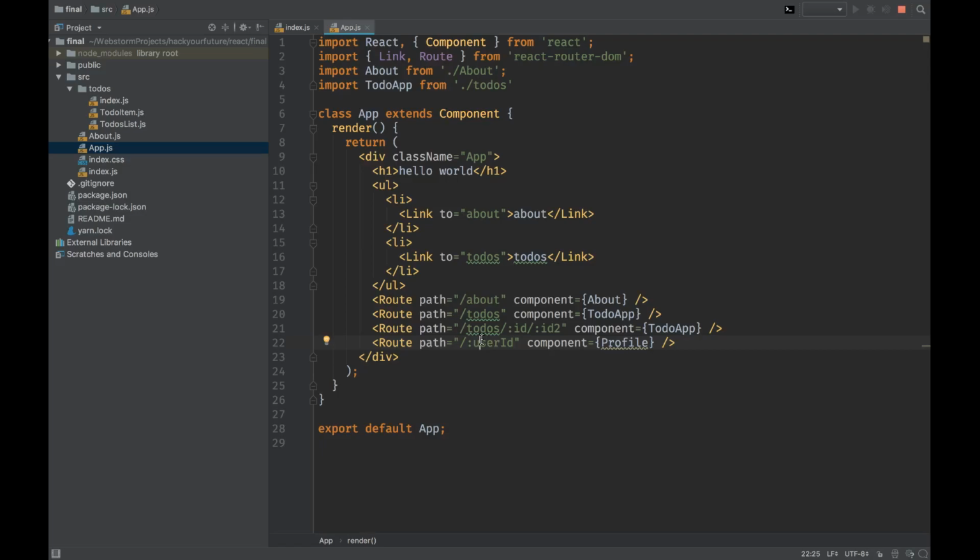It's not like this. For example, this is static. If it's todos, you render todos inside the todo app. No, this is the component todo app. I'm telling the router, if the path is this, render this component. If it's about, render about. If it's todo slash something else, render todo app. If it's slash something which is not about or todos,